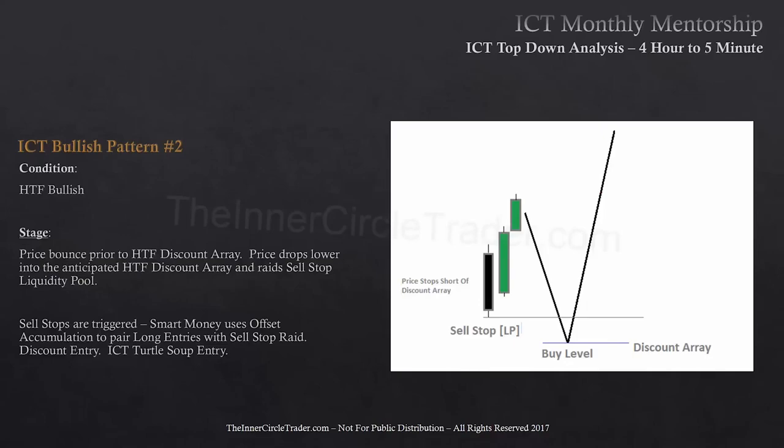Price will bounce prior to a predetermined or anticipated higher time frame discount array. Price drops lower into the anticipated higher time frame discount array at a later time and raids sell stops in the form of a liquidity pool. Sell stops are triggered. Smart money uses offset accumulation to pair long entries with the sell stop raid, a discount entry. ICT version of turtle soup. Whatever that discount array is that I'm really wanting to buy at, if price stops just short of it or above it and just hangs around and hovers or starts to move up a little bit,